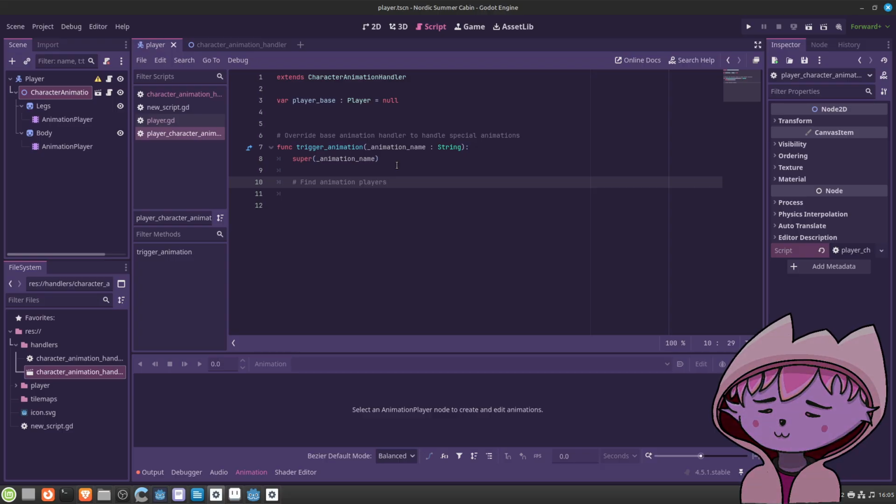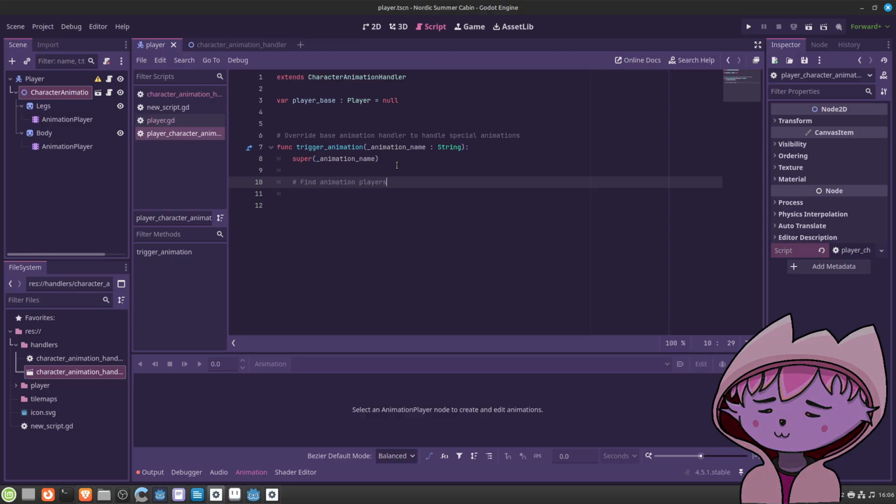Or do we actually need it? Need this. Wait a second. No, we don't need to override this. I think this should be fine. It should be fine like the way I made this in character animation.